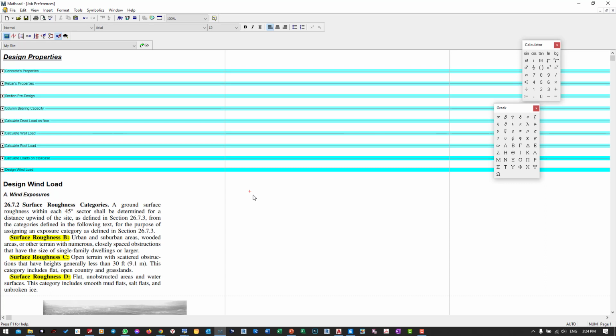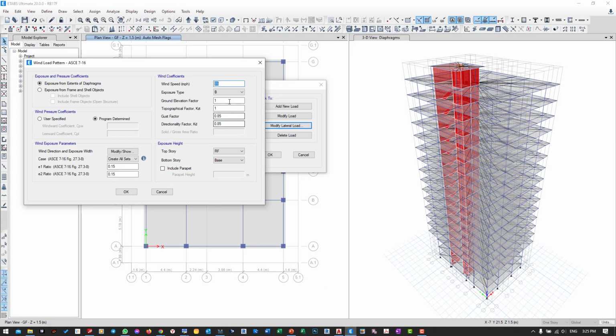For example, if I define a wind speed of about 200 km per hour, it should be about 124.27 miles per hour. So now I will design our building based on a wind speed of 120 km per hour. So I copy and apply here,